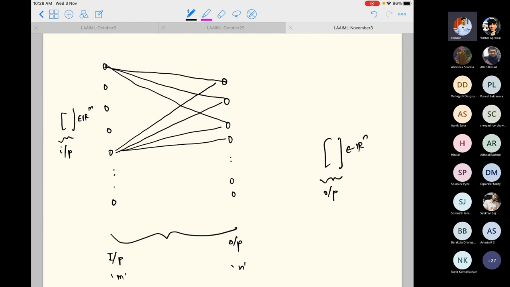If it is a fully connected input to output layer, how many weights are here? And what is the relationship between the output vector and input vector? It will be mn weights if we don't trigger the bias. Yeah, so I'm saying that